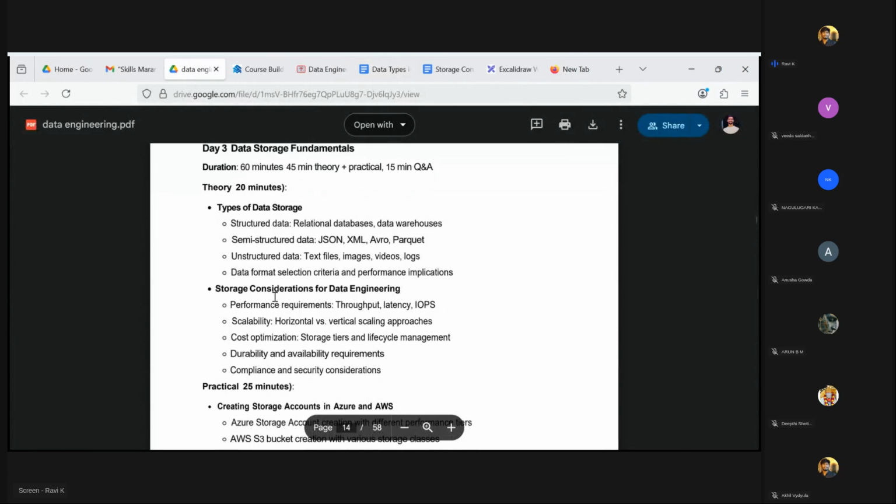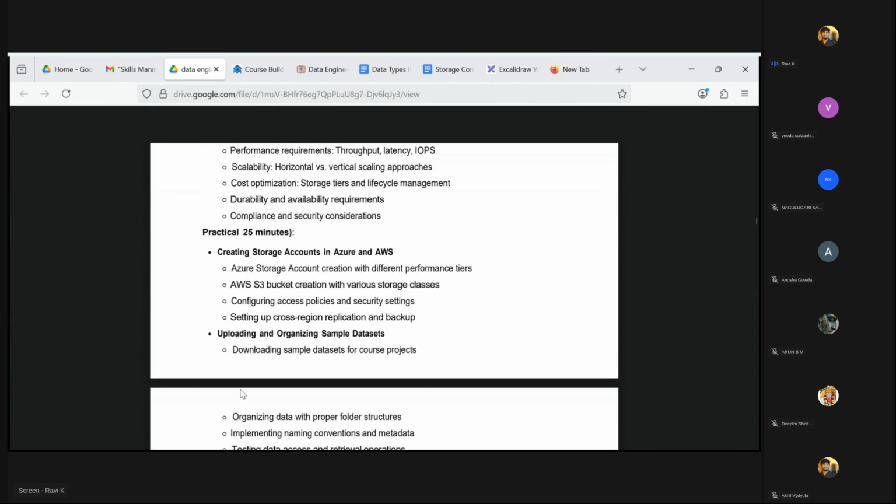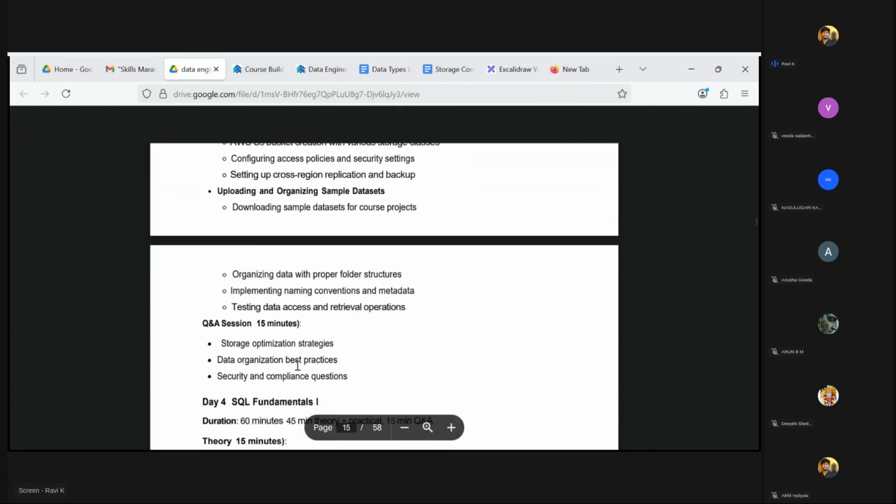In the data engineering world, there are a few file formats or data storage formats that we use in our day-to-day work. I will give an introduction on that, then we will see performance requirements, then do a small practical on creating a storage account, and then move to Q&A.